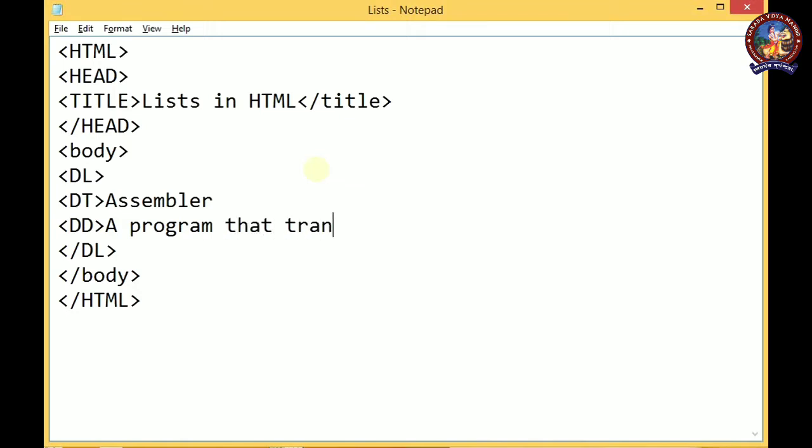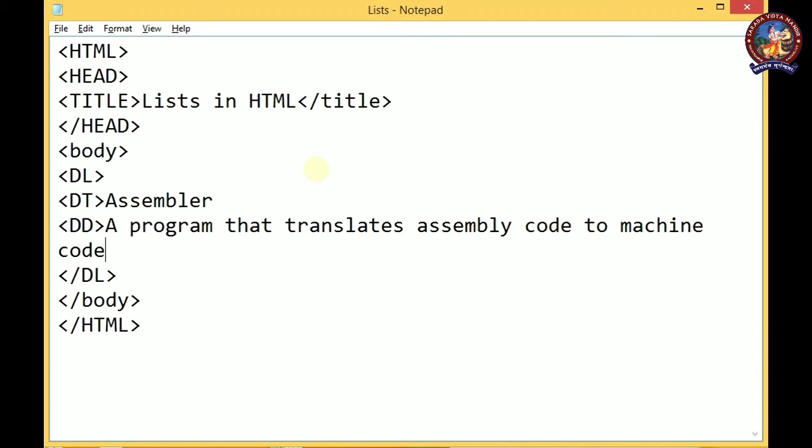So assembler, it is a program that translates machine code to assembly code, or assembly code to machine code. Okay, so save it. Next, again another description title we require, so for that another DT, and in the DT